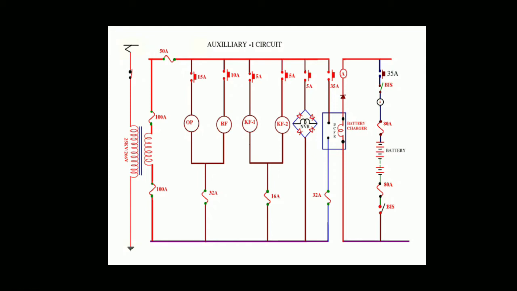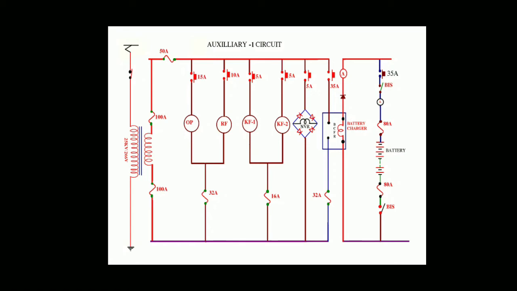Oil pump motor. This motor is provided to circulate transformer oil from the tank to the radiator and back. This motor is of 1.5 HP capacity and is protected by a 15 amps MCB on phase and a 32 amps common fuse on neutral. It is located below the motor coach under frame.